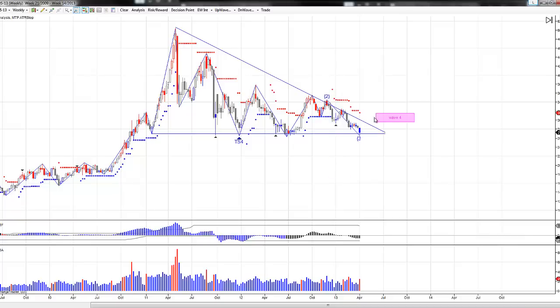and see where that resistance level is. So it would be just beyond the descending trend line here. Would be the wave 4 target, and then we'll have to see if that holds. We can get another leg down, wave 5. So